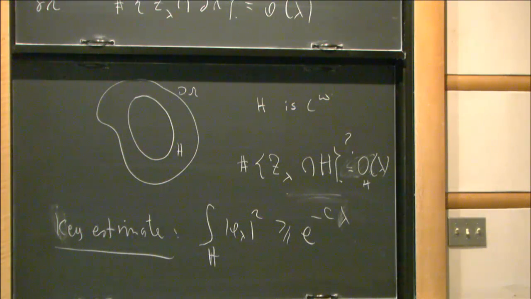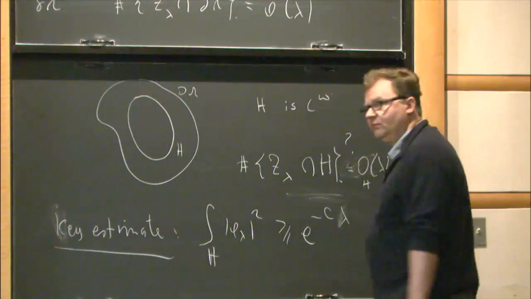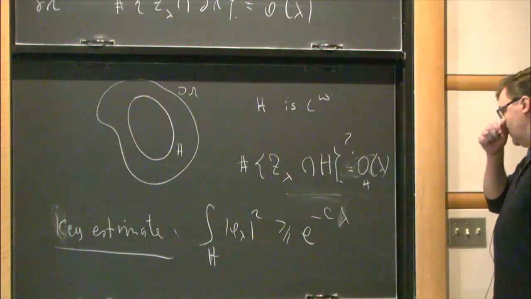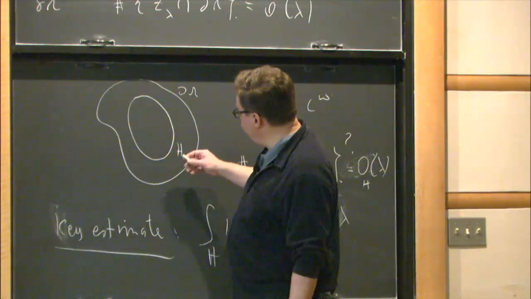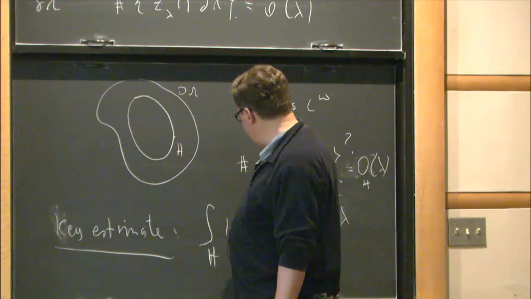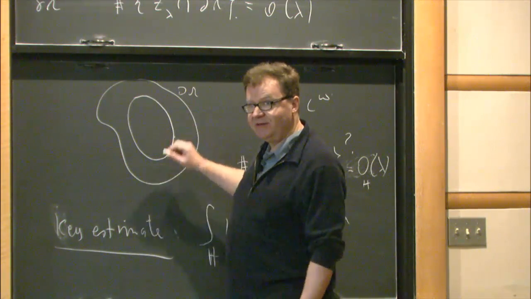So it claims that there is no closed curve for which this estimate holds for points, and that somehow is the question. The reason is it's a Jensen argument. What we do is we take the restriction of the eigenfunction to H. That's real analytic. Holomorphically continue over H and count complex zeros.